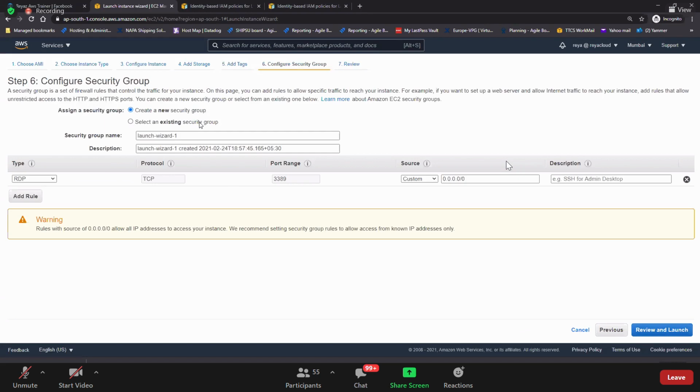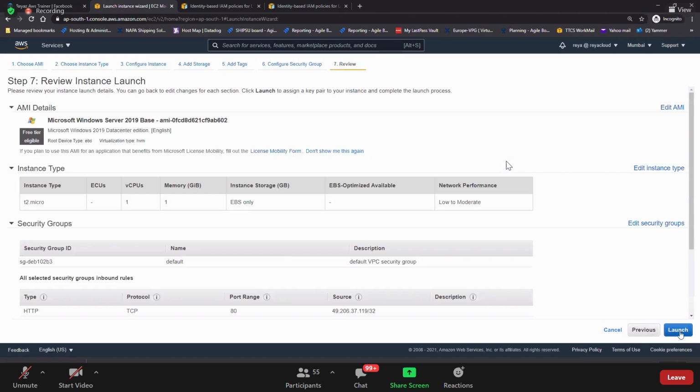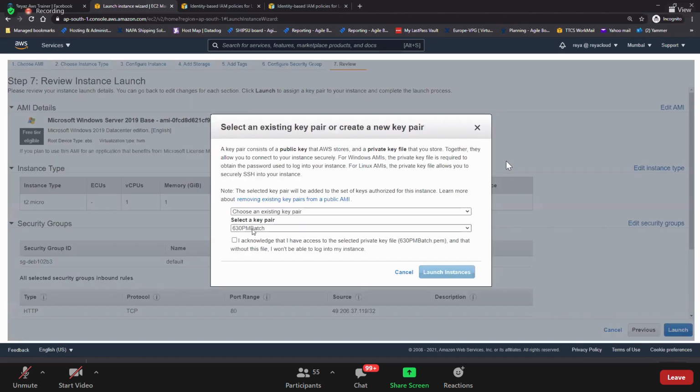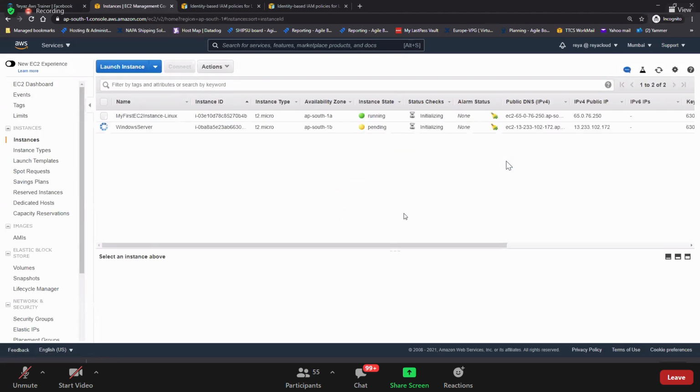Would you go for new or existing? Existing, default, review it, launch. Do you see that we have already created one, right? So don't create a new one. Use the existing one. And you acknowledge that you have the PEM file with you. And then boom, launch. And you have your Windows Server also cooking up.